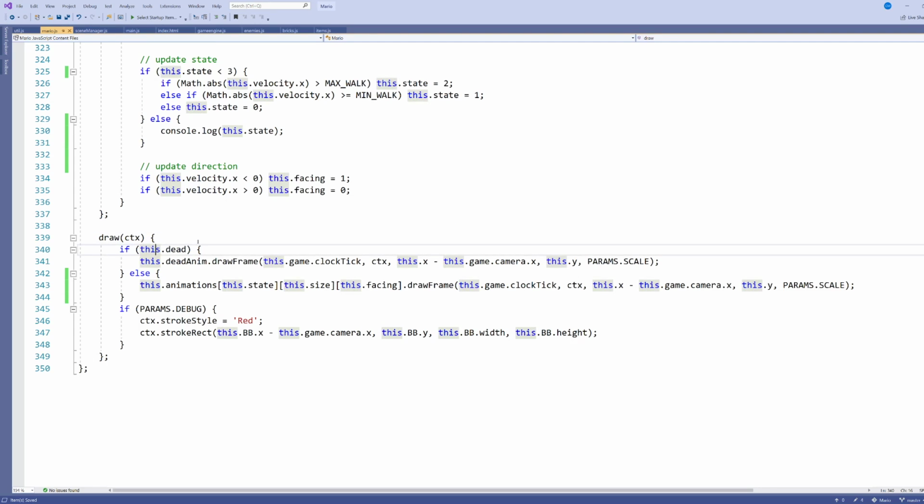draw method. Mario's draw method, again, remember we made Mario's draw method fairly simplistic, and the reason why we made Mario's draw method very simplistic is because we bundled all of his animations into this one animation list, other than the dead animation, which I have up here, which means that no matter what Mario is doing, we can just index into this list and pick out the appropriate animation. So that was easy, but now we want to make sure that Mario is being drawn in the appropriate place